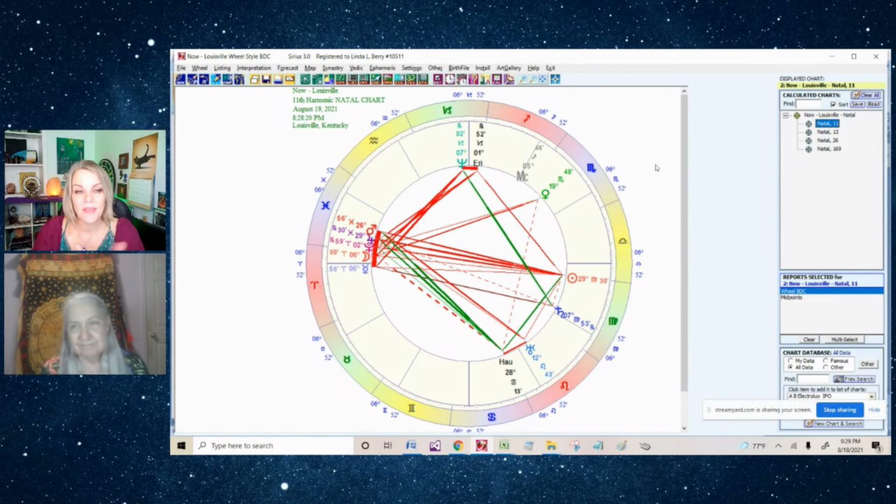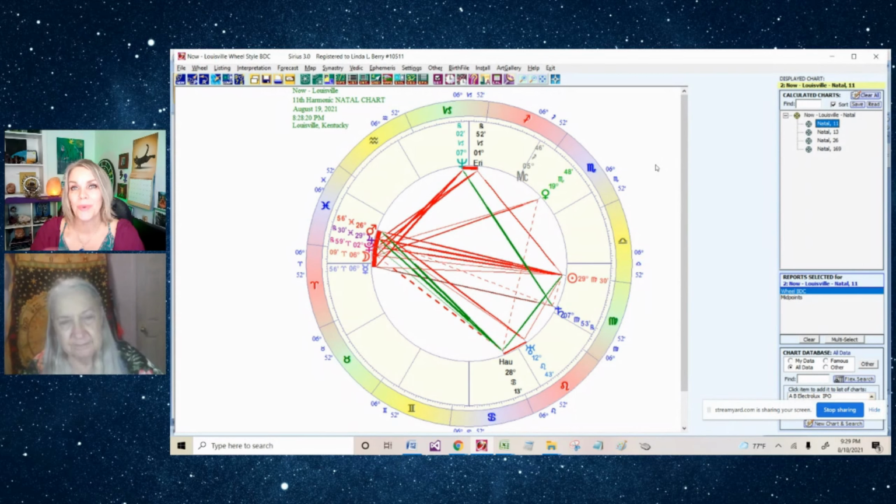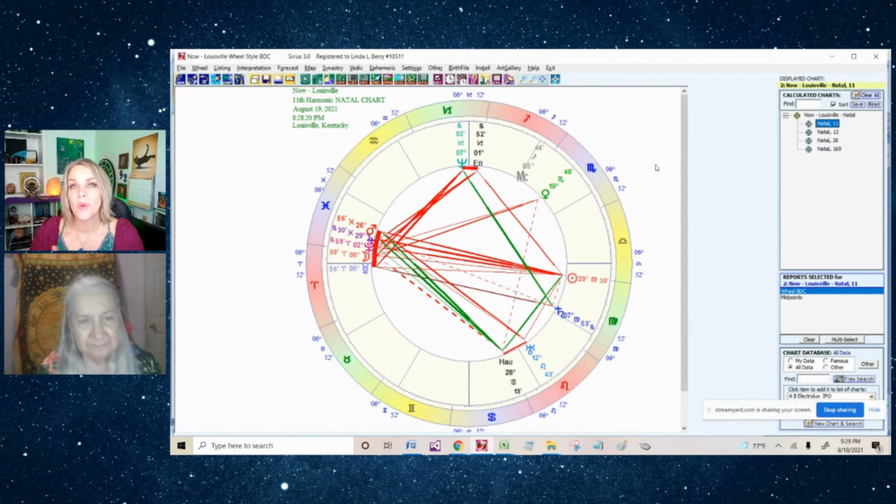The 11th vibration is the vibration of feeling almost frustrated with the status quo, wanting to do more, wanting to reach out into the world and do more and be more. So this can be part of this energy that we're going through. On the flip side, we can also channel that energy to be quite good. And Linda will explain the planets to you or give you a little more about the 11th harmonic. But it's important to keep that in mind when we read the harmonic charts, or the vibration charts.